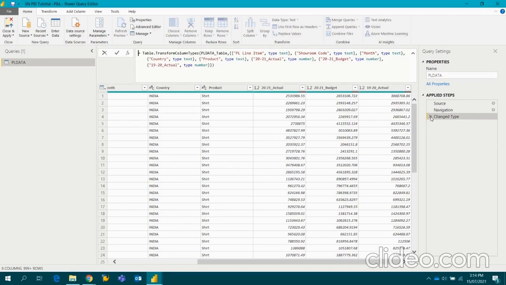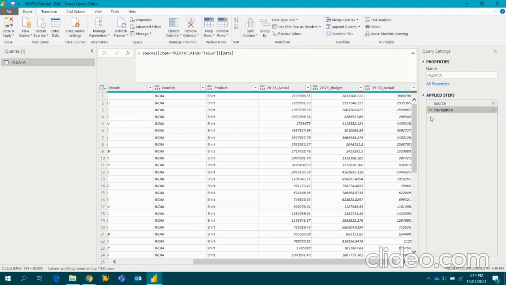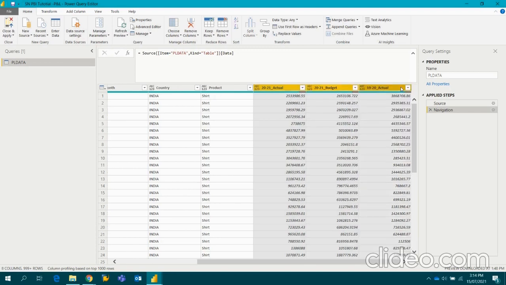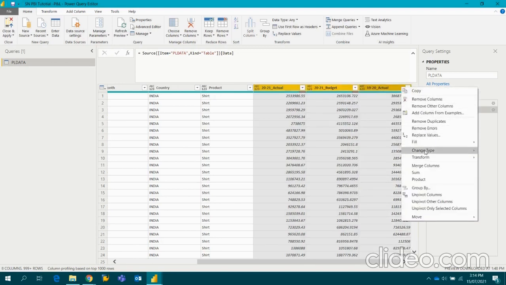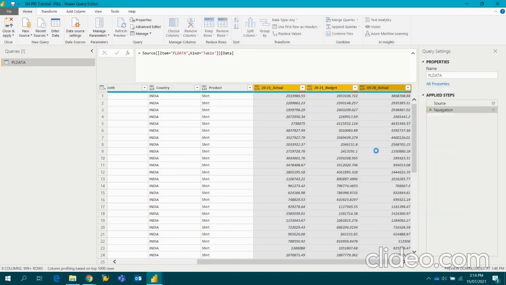As a practice, I never believe in the steps auto created, so I always delete and change the data type of the column which I want to change. So here it shows the ABC and 1, 2, 3. It means it can read this particular column in text format also. So I will select these columns. I will change the type into decimal number. I want this column to be read always in number format.